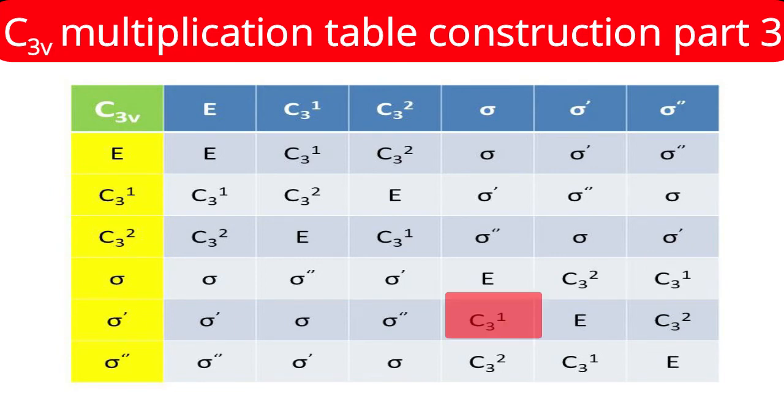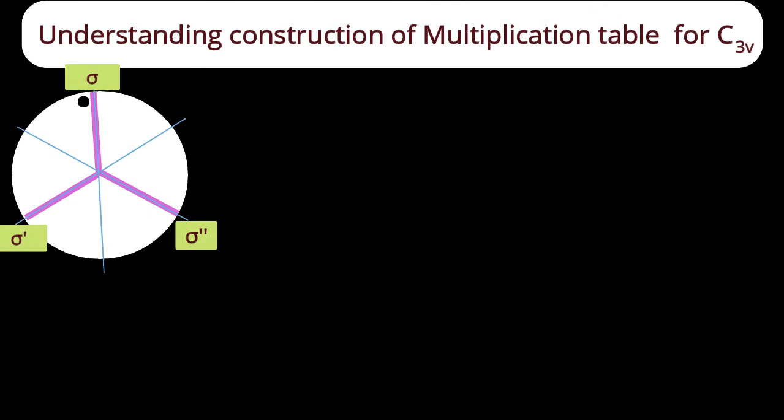Let us obtain the next point: sigma dash into sigma. In the original ammonia molecule, you are finding it looks planar, but it is not a planar molecule. It is a non-planar molecule. This is just a bird's eye view of the molecule. On this molecule, I have to perform the sigma dash operation, a reflection operation. Afterwards, where will that knot go? The knot will come to the right side, but where? The lower portion of the right side bar.